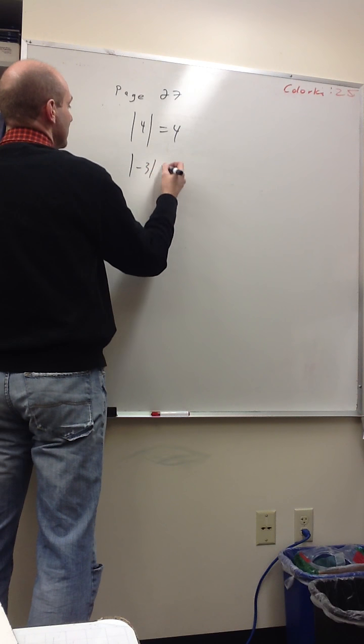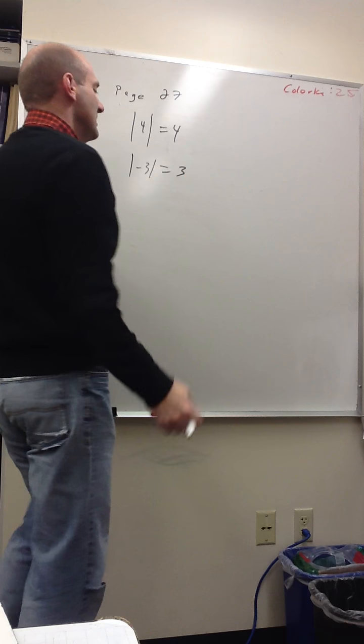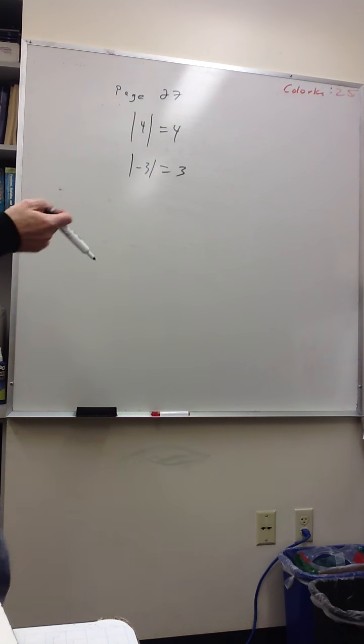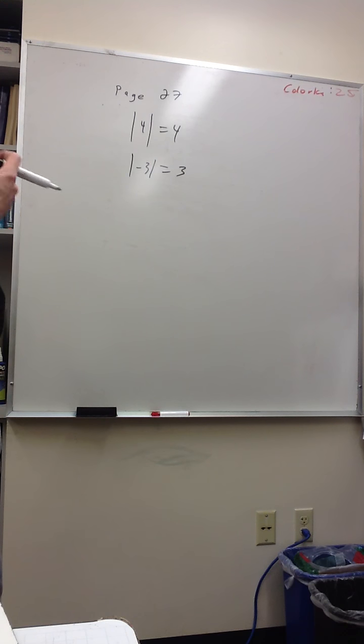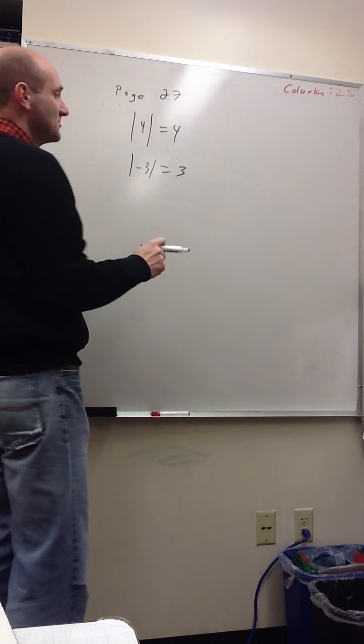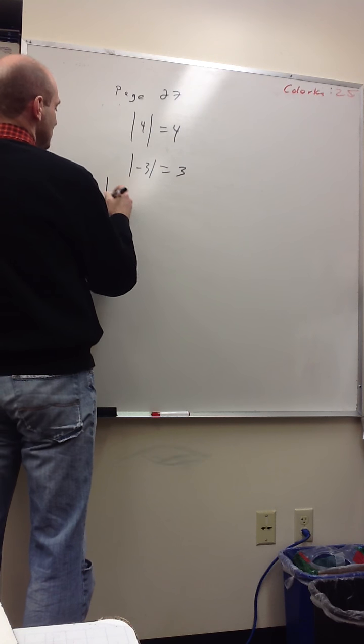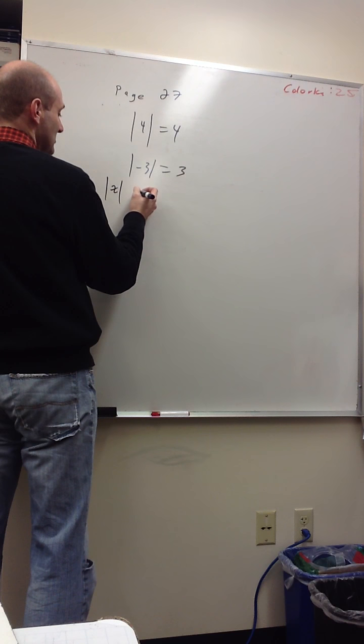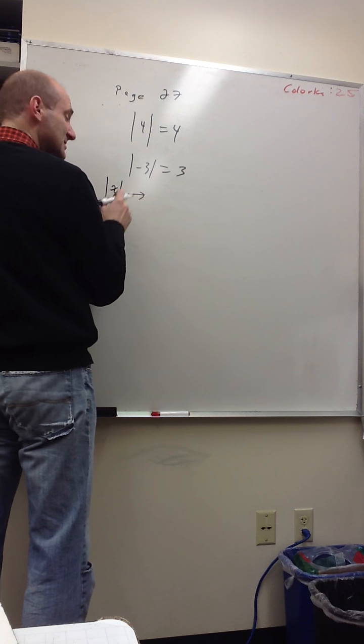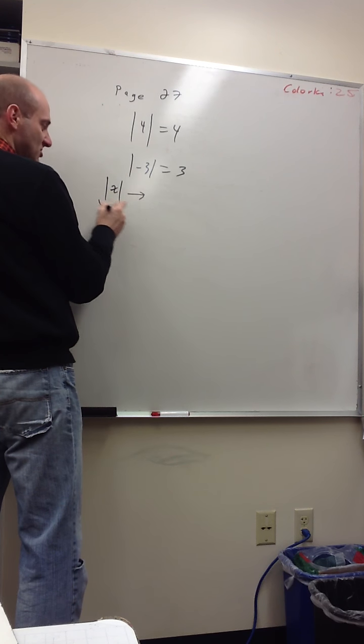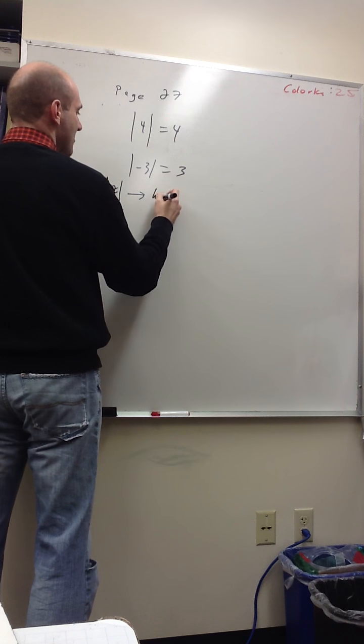Absolute value of -3 is 3. If that's what you think absolute value is, you're not incorrect, but you don't understand absolute value. You won't be able to use it in any meaningful ways. That speaks not at all to what absolute value means. What absolute value means, the definition of absolute value, for example, the absolute value of x, this is telling us the answer to this question, the answer is how far